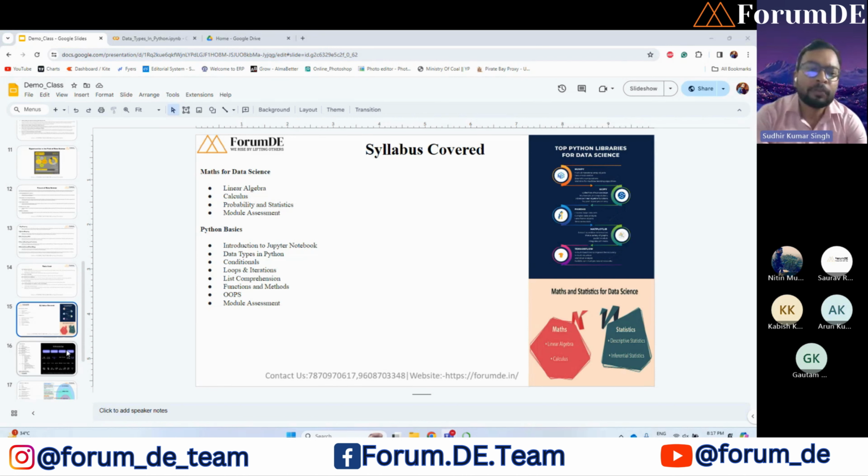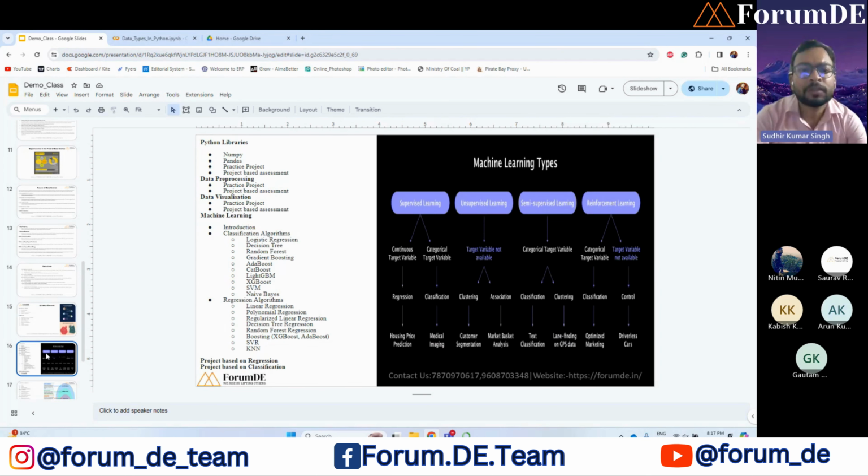In a similar way, moving forward, we'll cover some topics earlier and some later, but they will always be connected. There will be no disconnect among topics. If you study Python, it's not that you haven't studied maths for data science, so you wouldn't understand anything. It's not like that. Some topics have a disconnect, while others, when we move to machine learning, require some continuity, and there we will follow a proper sequence, which is shown here.